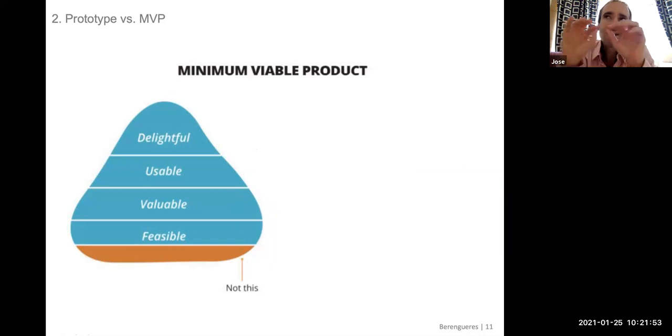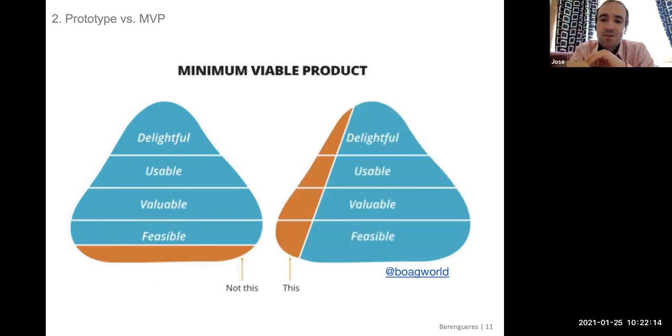Maybe you just need to build a small part of the app to test if the users would like it. So when you build a prototype or a mock-up, don't try to build everything, or on the other hand, don't do just one layer. What you want to do is a layer that goes across the whole journey of the user.